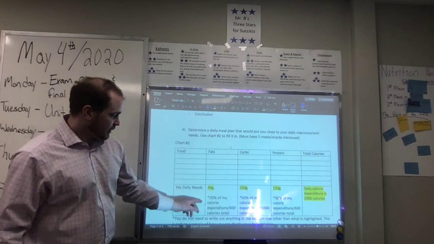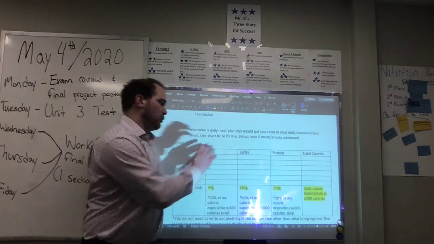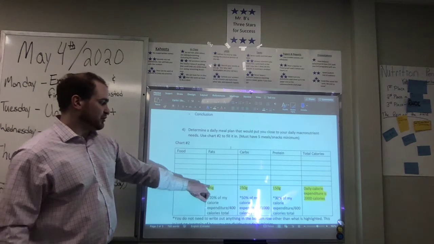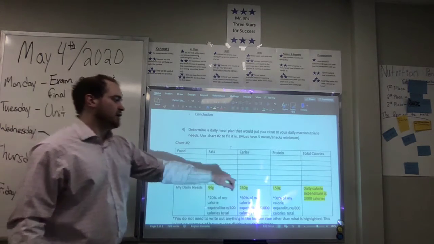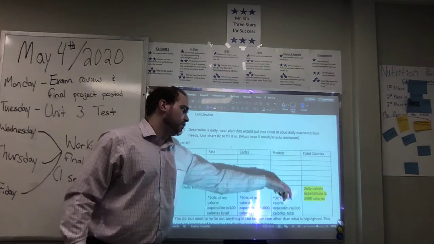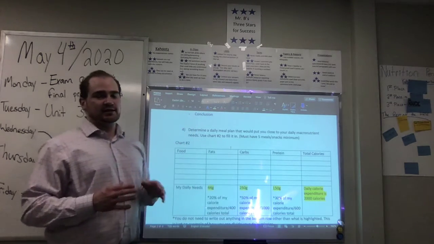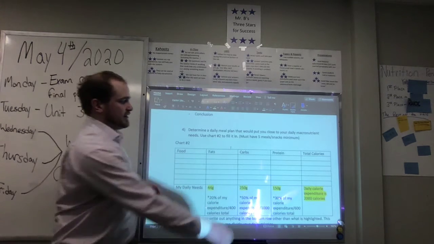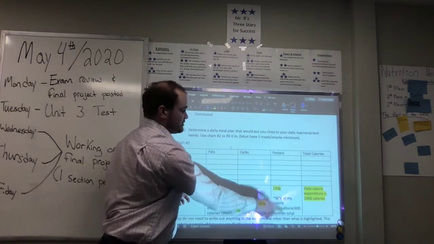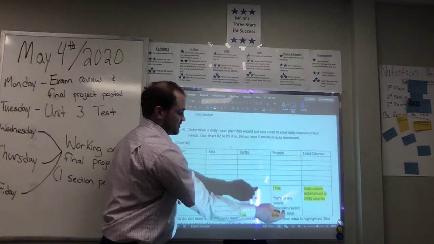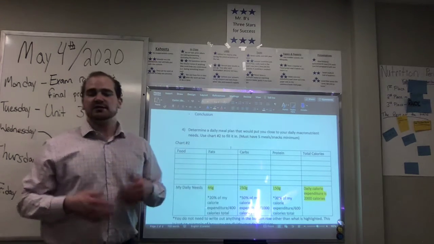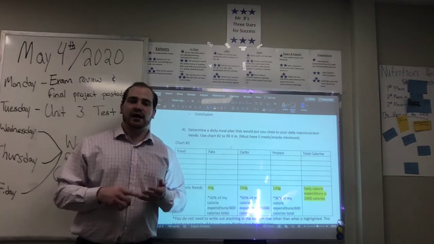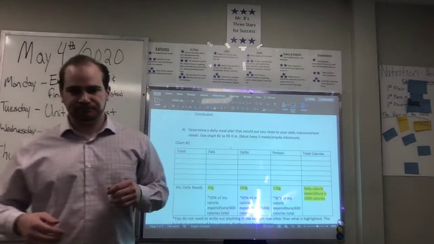What I've written down here at the bottom is I kind of broke down how I did it. When you're writing it, you only need to write, I determined 44 grams of fat a day, I determined 250 grams of carbs, protein. You only need to write the highlighted stuff. I wrote this little extra stuff just to explain to you, this guy's expenditure is 2,000, so he needs this because it's 30% or 600 of his calories, and so on. It's just an example. Again, you can take it based on weight, height, age, all those.